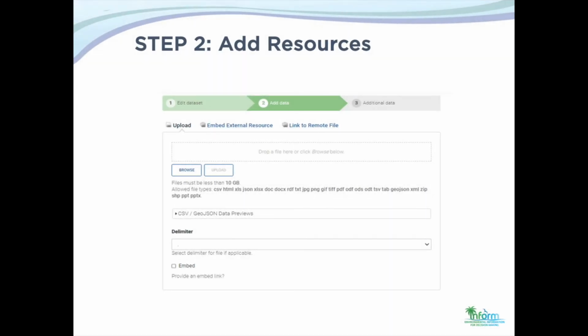Now that you have created a dataset, you will be required to add 1 or more resources. And to do so, there are 3 ways to upload resources into your dataset folder. Number 1, you can upload. Select Browse to choose a resource from your computer to upload, or drag and drop a file into the upload